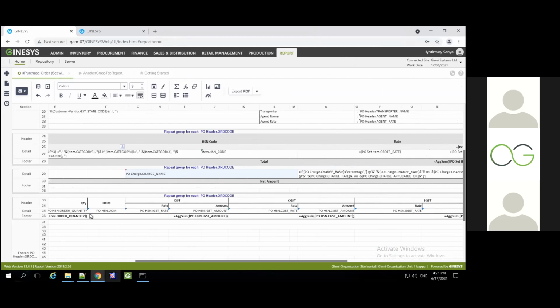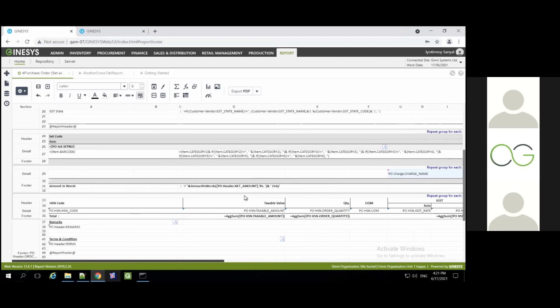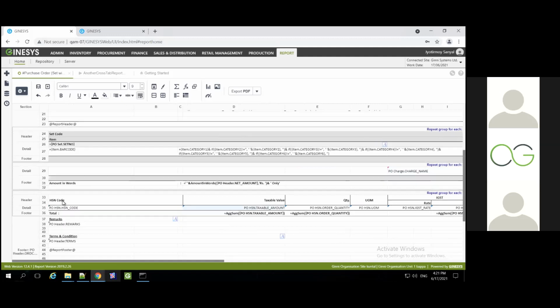Okay, and similar to that, when you need an HSN summary, of course you will have to create a data source for PO and HSN. This is what we have named it, PO and HSN, and based on that particular data source we have provided it in the report. In this particular case, my data source has HSN code wise information, which is my detailed information. In case of item, it was item wise. In case of charge, it was charge wise. So based on the definition of my data source, you can use it in a detail section or the footer section, whatever.